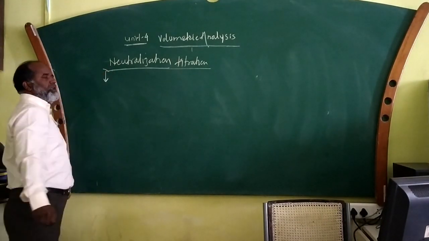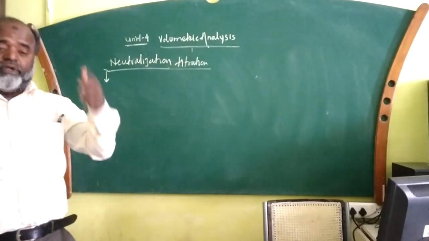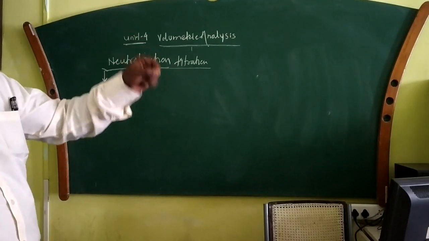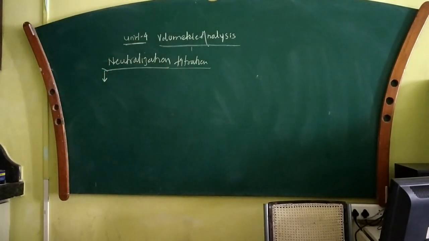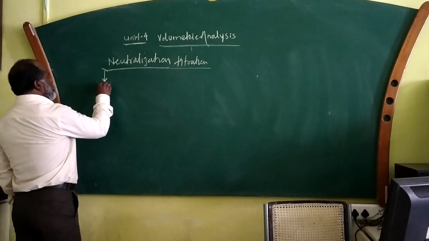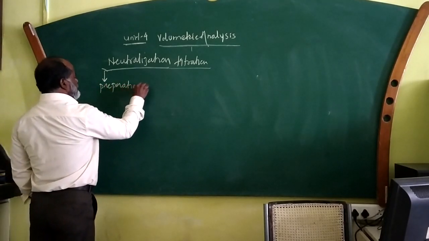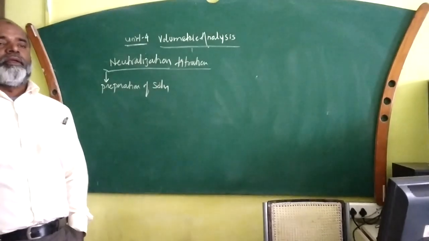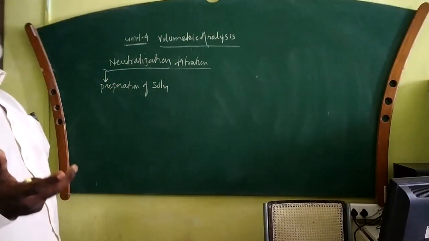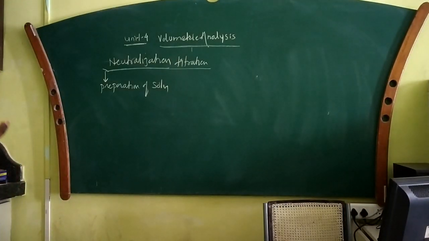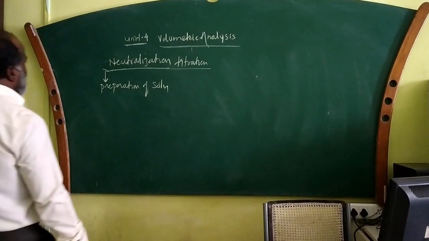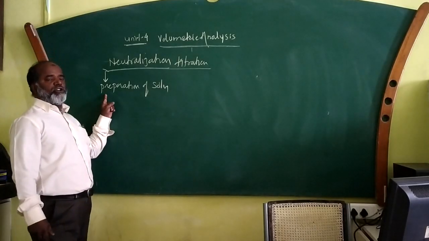If somebody is using this titration for doing some analysis, he has to follow the first step, second step, third step, fourth step. Going through each step, finally we will get the result of that analysis. The very first step is preparation of solution. You are supposed to prepare a solution, whatever the substance may be. You have been given some substance for doing some analysis. You dissolve that substance in a suitable solvent and prepare a solution of a desired concentration. The first step in doing neutralization titration is preparation of solution.